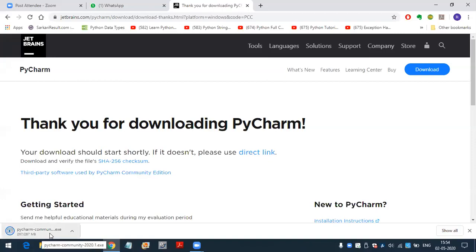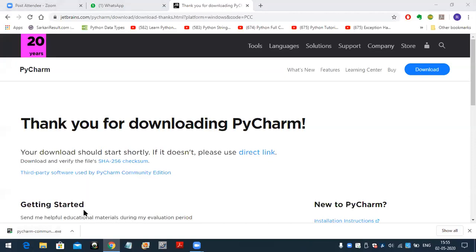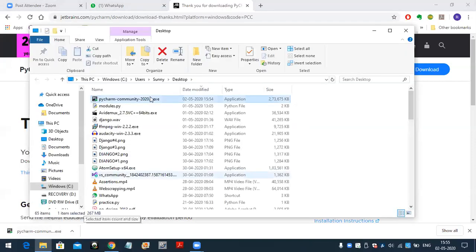Once downloading is completed, go to the location where we saved PyCharm. So here PyCharm got downloaded. Now double click on this.